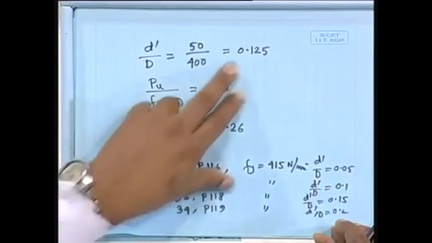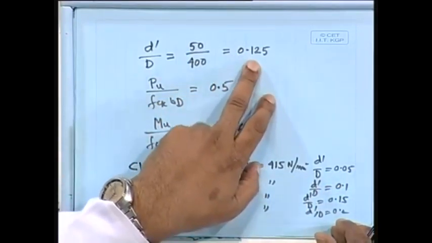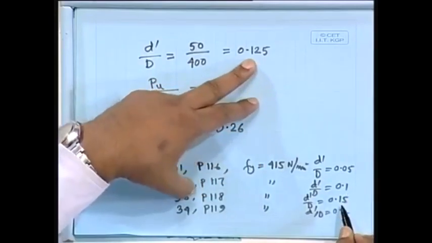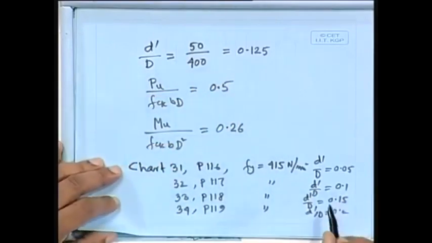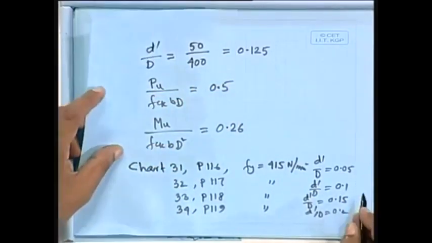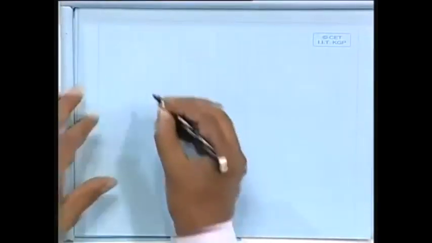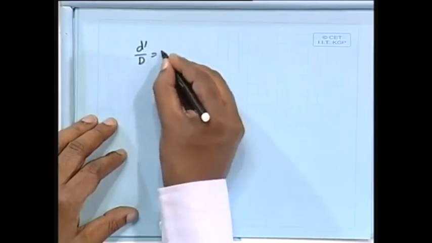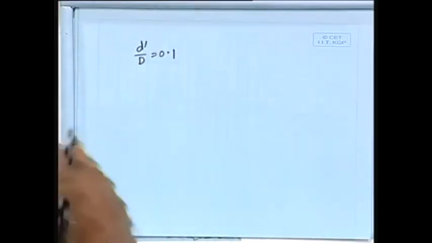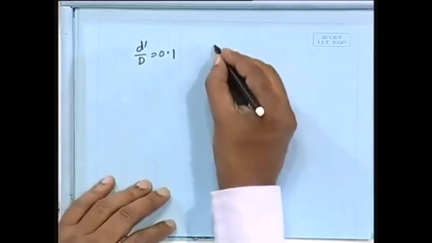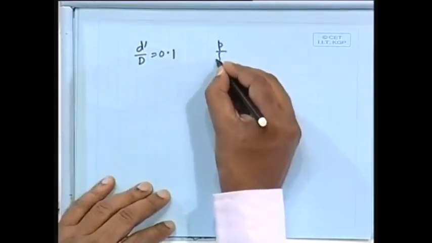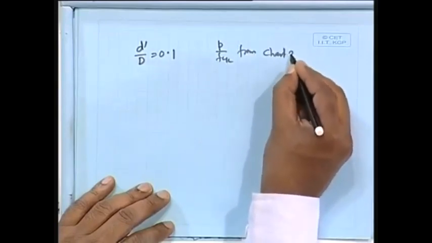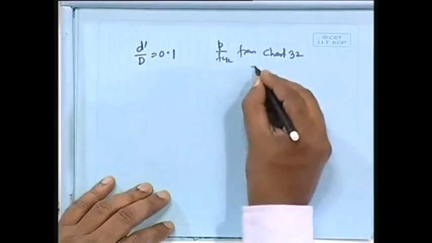What we can do, we have 0.125 d dash by d. Now one can say that 0.1 and 0.15. Let us find out from these 2 charts what are the values. So if d dash by d is 0.1, p by fck from chart 32 will be equal to,